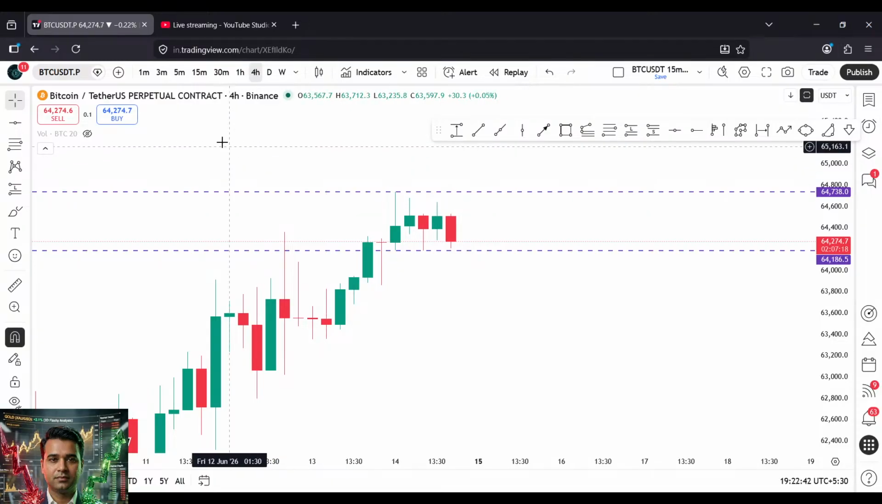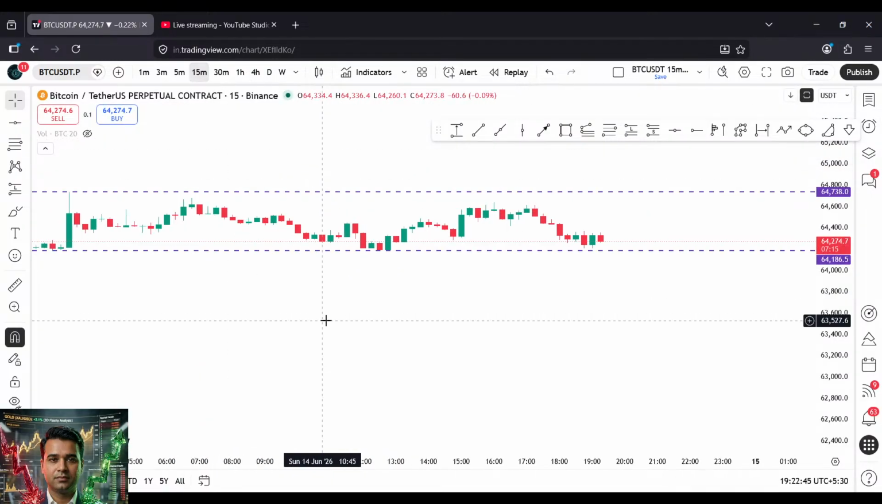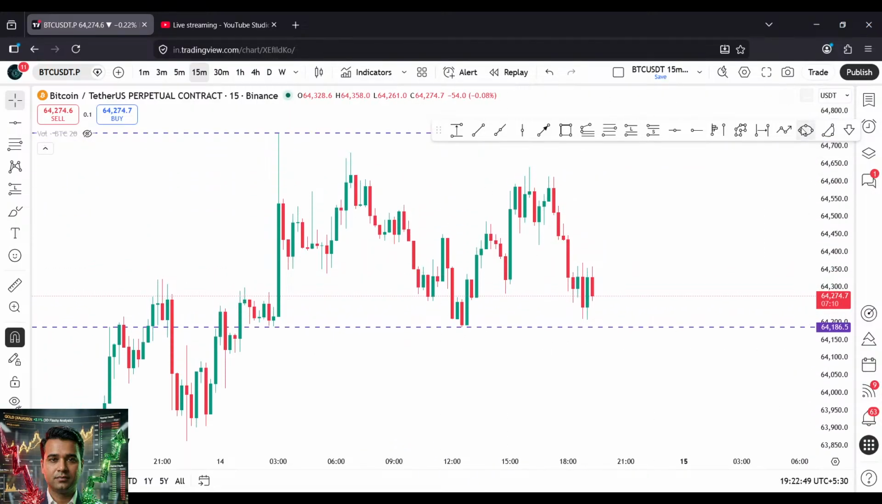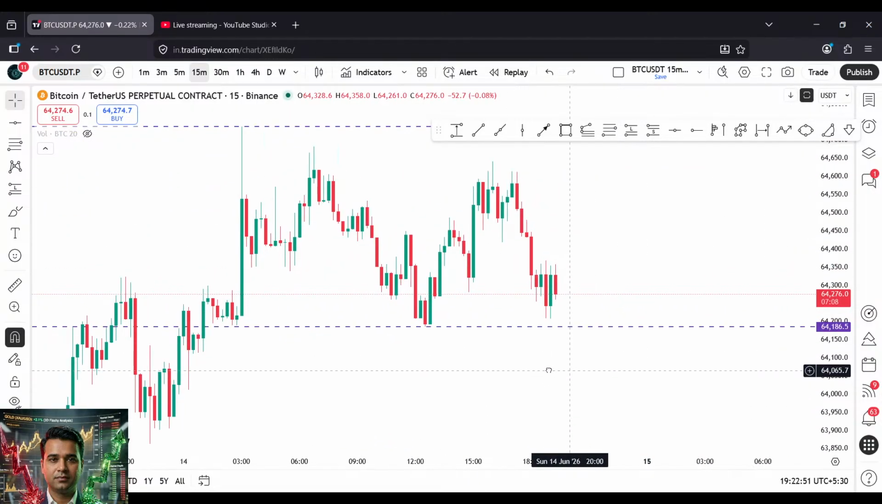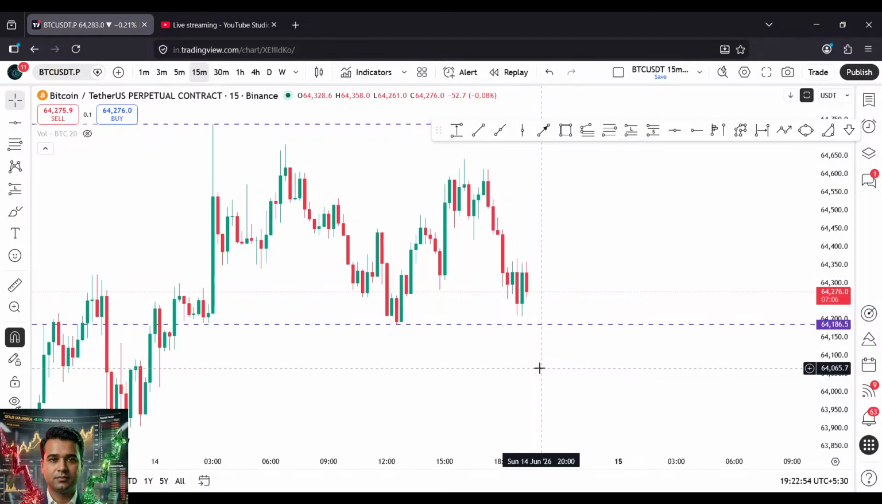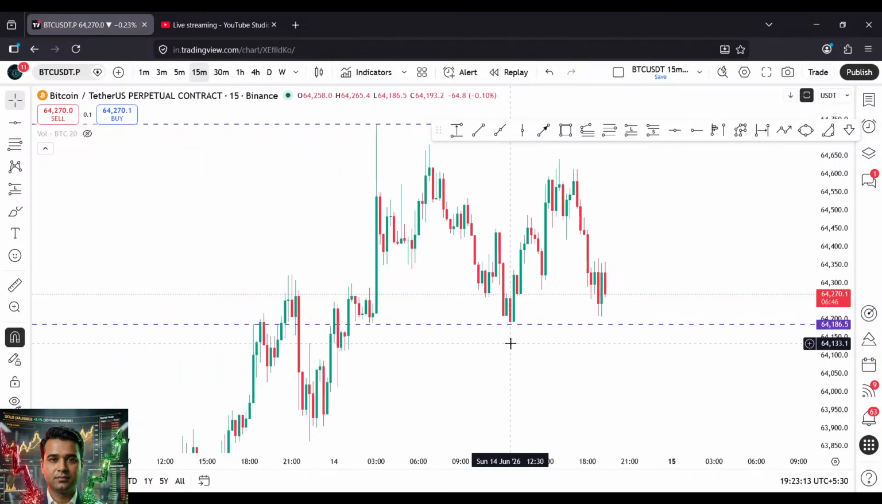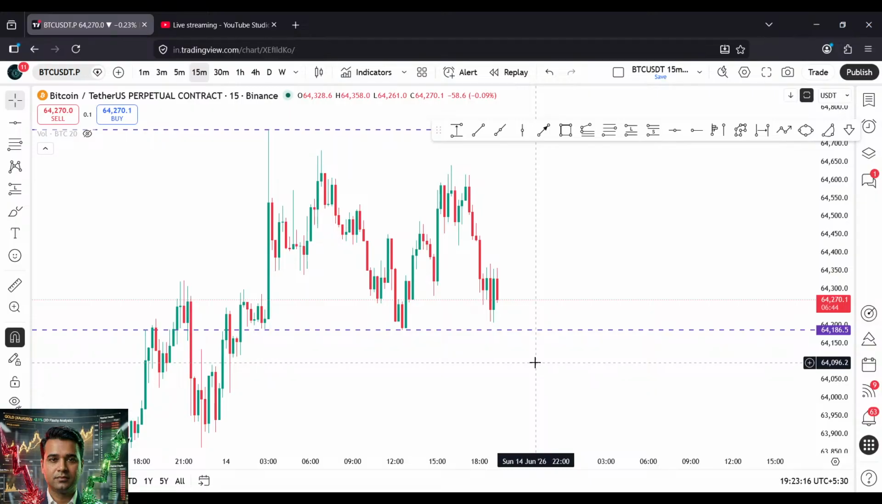Okay. So let's fall to the 15 minutes chart, and we will see what is here. Okay. So on the 15 minutes chart, price is hitting this zone. This will be LSK on a lower time frame, I think 3 minutes or 1 minute. So let's go back to